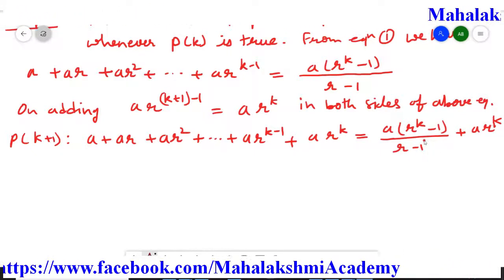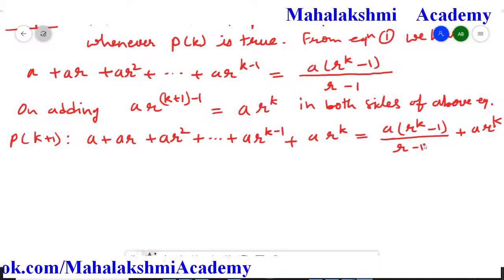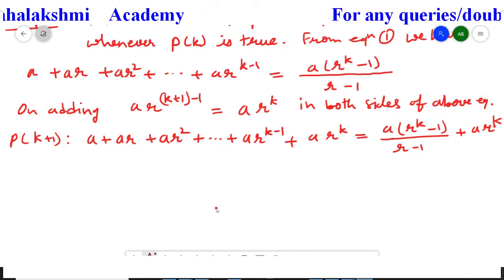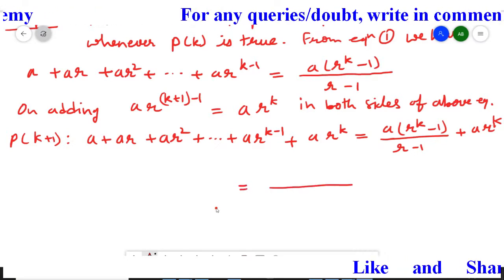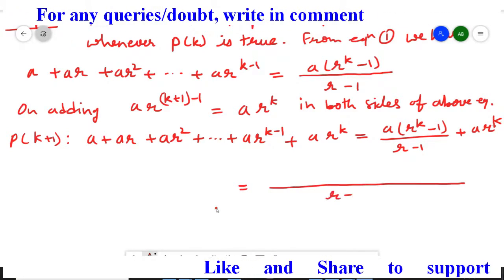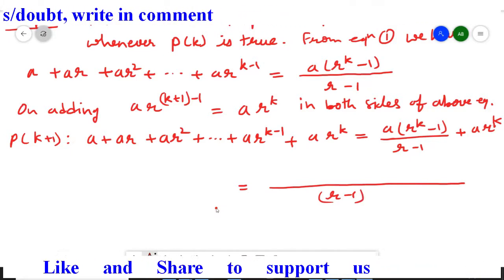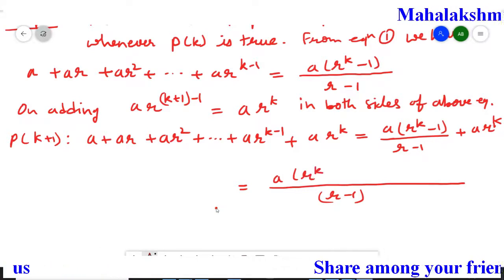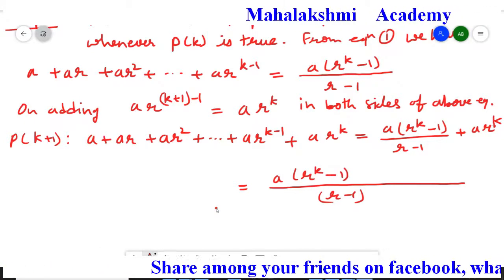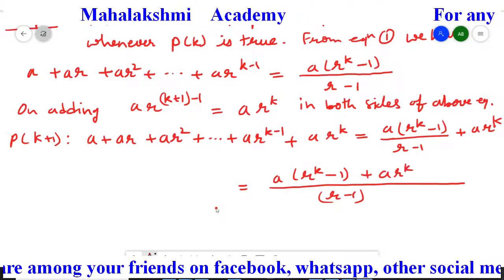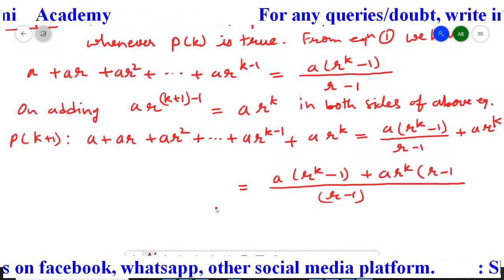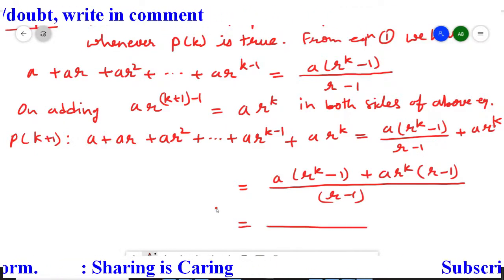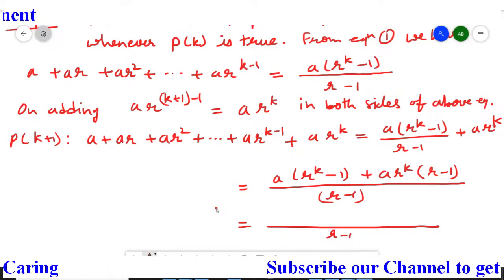So to add them we have to take the LCM. So I am going to take the LCM in the right hand side. So we have to solve the right hand side only. Now we will take the LCM. So r minus 1 is going to be the LCM, and here I am going to write down this as it is, because after LCM it is going to be same, and then here what will come is the complete denominator we have to multiply by this. So I hope this LCM is clear to you. Now this r minus 1 as it is.